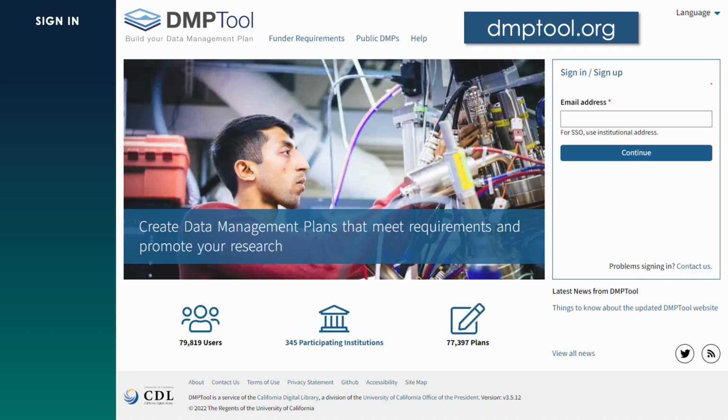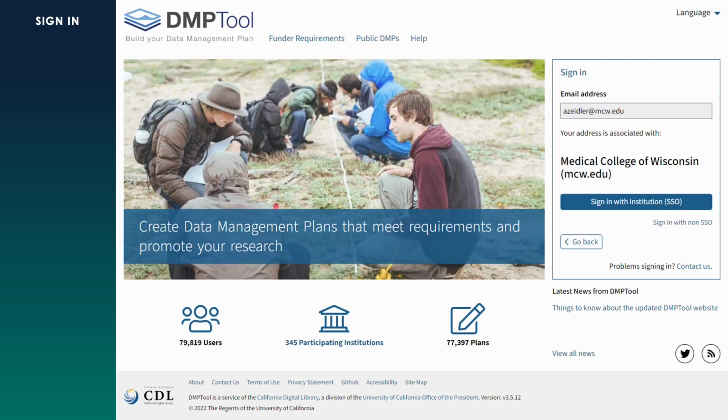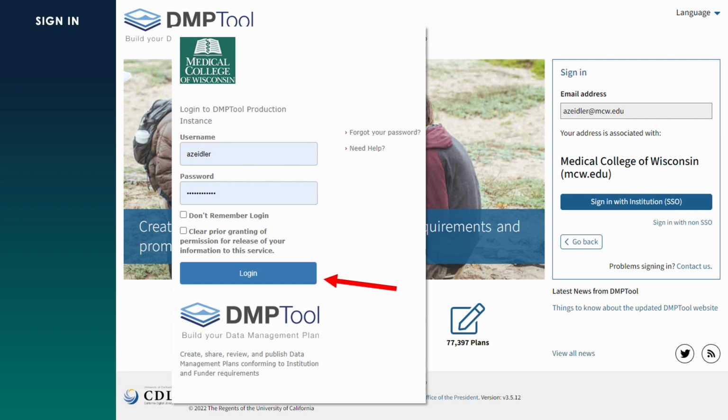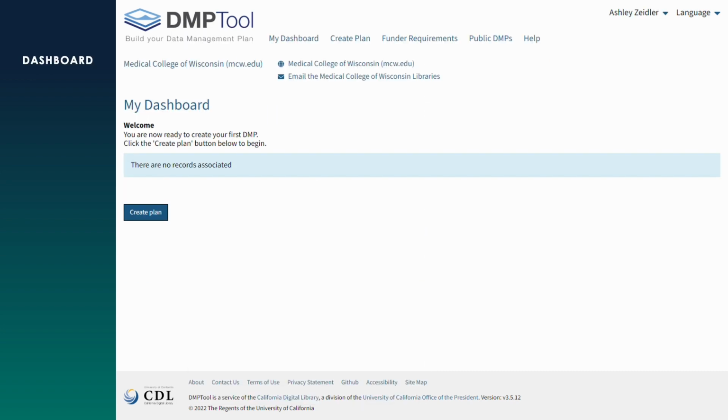Let's begin by logging in with your MCW email address. Next, you'll select the Sign In with Institution button that appeared. And you'll want to log in with your MCW credentials. If it's your first time signing in, you'll be prompted to set up a new account. As I've previously created an account, I am taken to my dashboard where I see several options within the upper